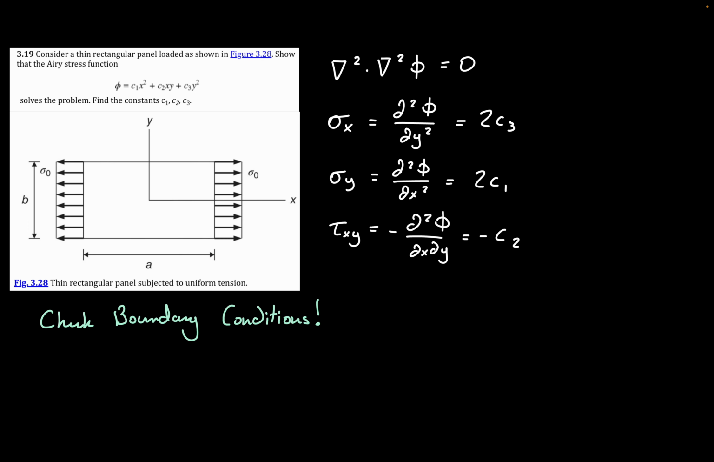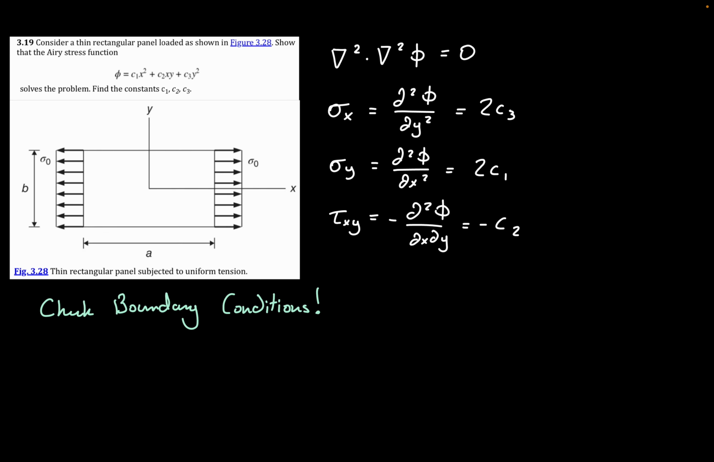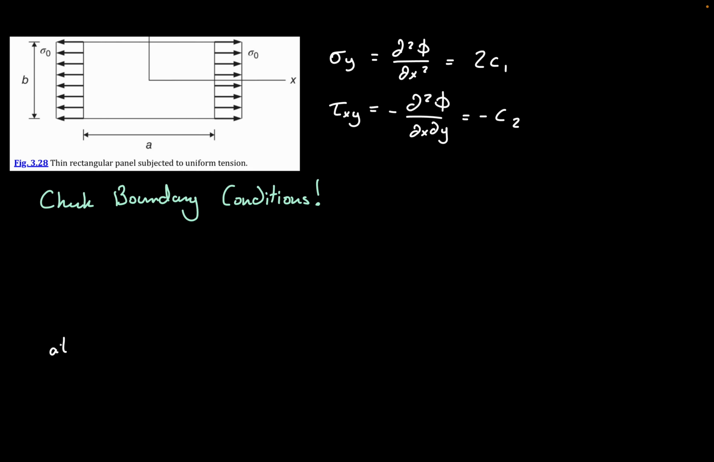So we can check two of these conditions, one on the face here where x is equal to a divided by 2, and then we can also check this face up here where y is equal to b divided by 2. Now if you wanted to, you could also check x is equal to negative a divided by 2 or y is equal to negative b divided by 2. But for this, I'm going to start out by saying at x is equal to a divided by 2, the